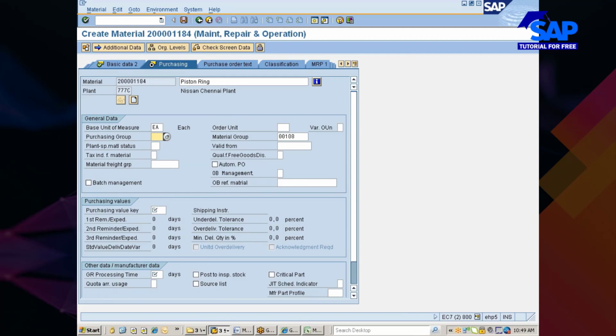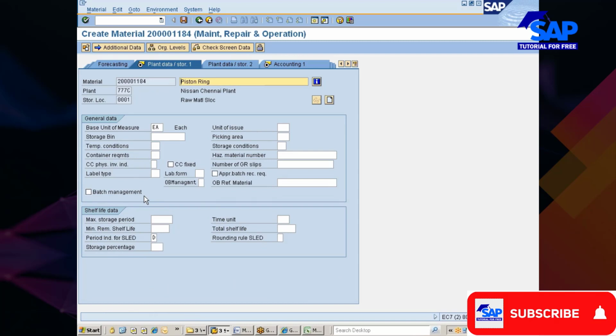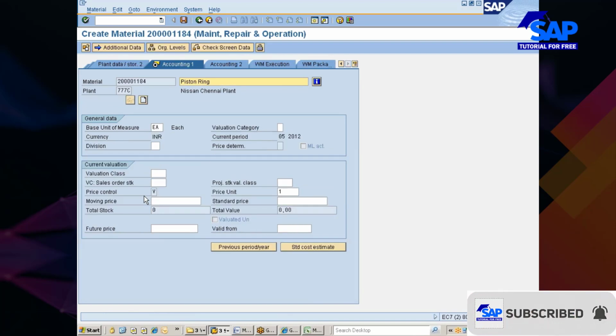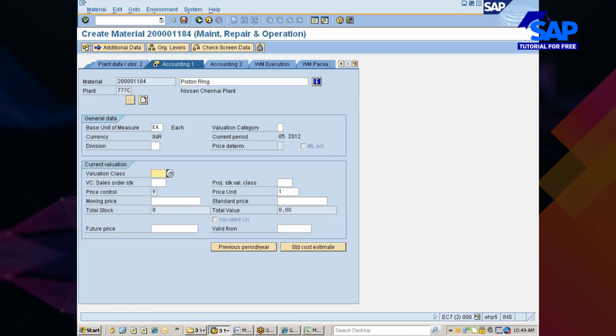Okay, purchasing group. We are yet to create a purchasing group. We will do it as and when it comes. So let me just go and maintain these entries. Now you see here valuation class. Let's say this one.